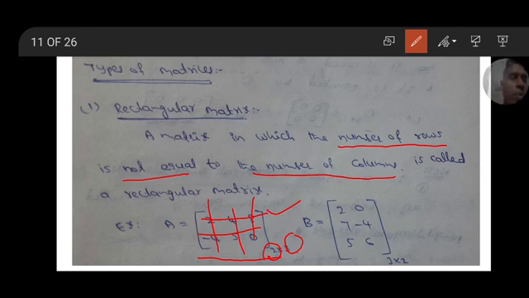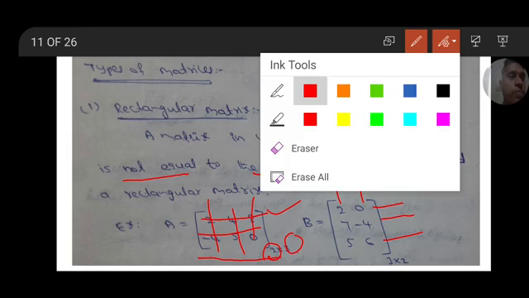And B example: 2, 0, 7, minus 4, 5, 6. In this, there are 3 rows and 2 columns. First row, second row, third row. First column, second column. So 2 columns. Therefore, rows and columns are not equal. Therefore, it is a rectangular matrix. Next,